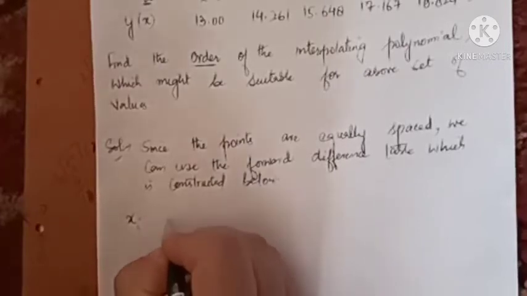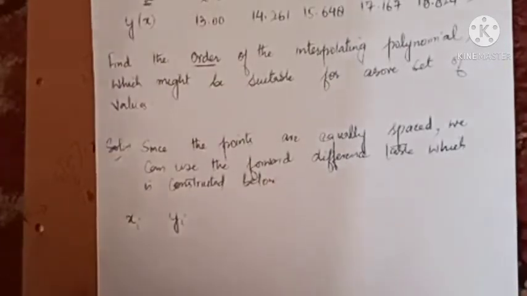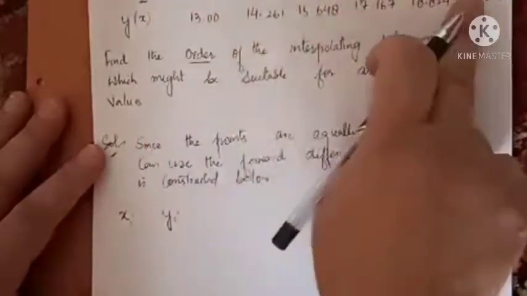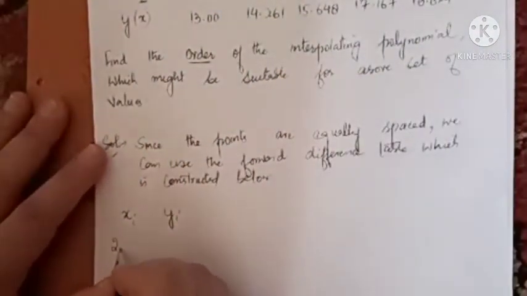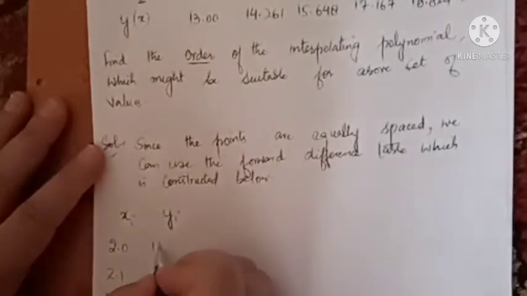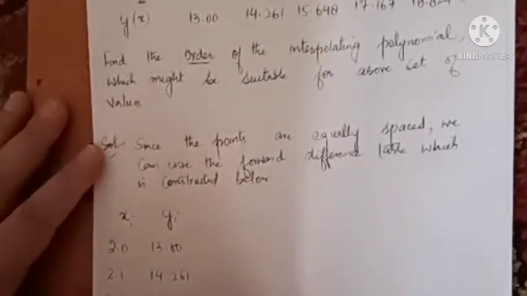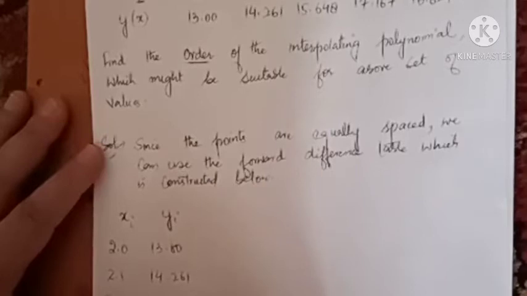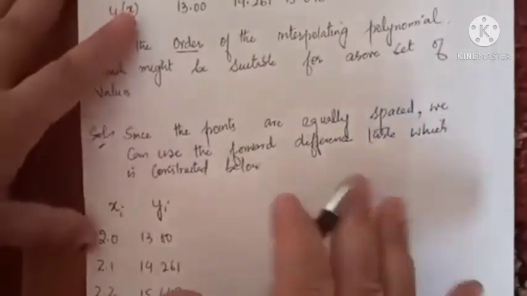So these are our xi values, these are the yi values. Both the values are given to us: 2.0, 2.1, 2.2, 2.3, 2.4, 2.5, and the first y value is 13.00. So the first thing is we have to